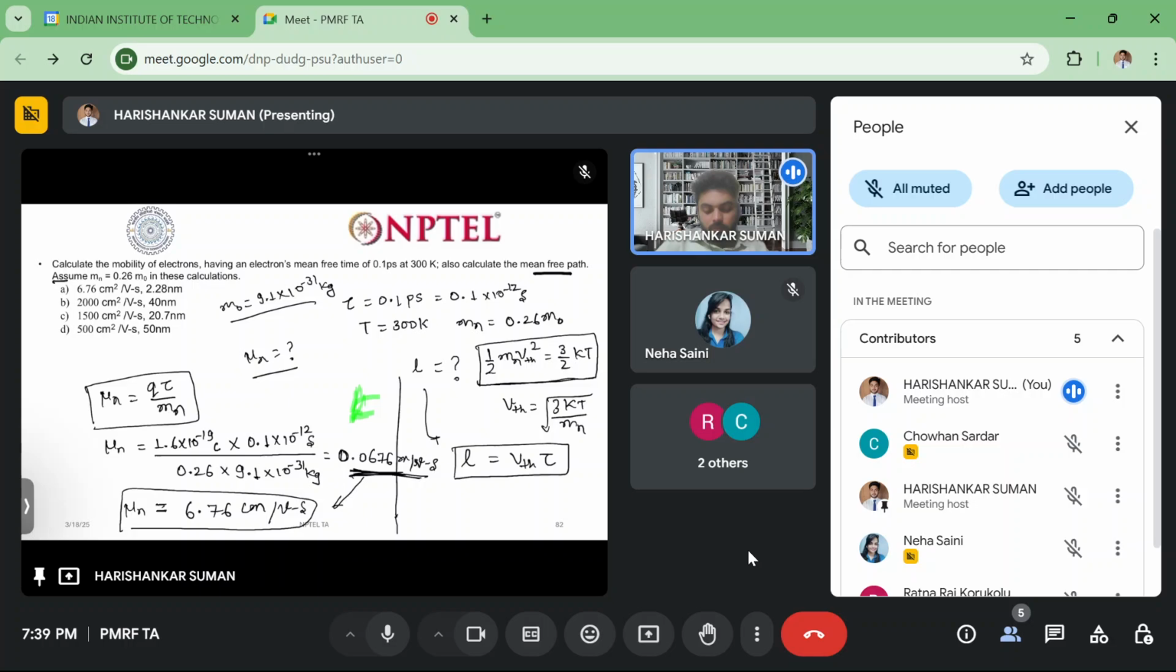Calculate the mobility of the electron having mean free time at 300 Kelvin, 0.1 picosecond. Also calculate mean free path. So this is given. You can use this formula,